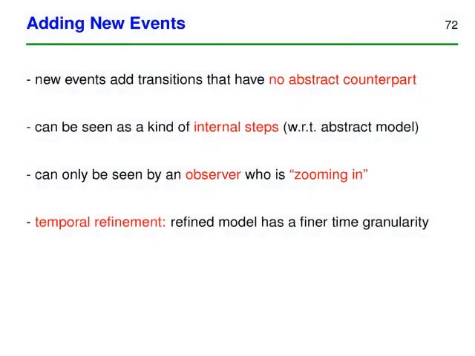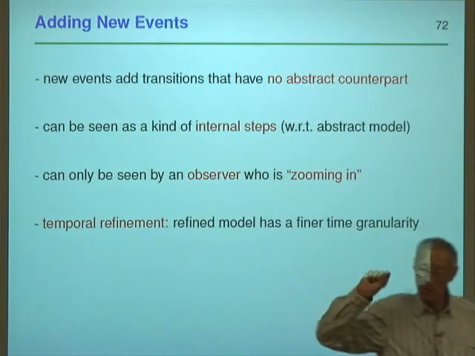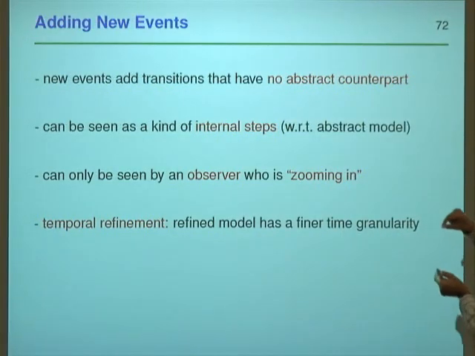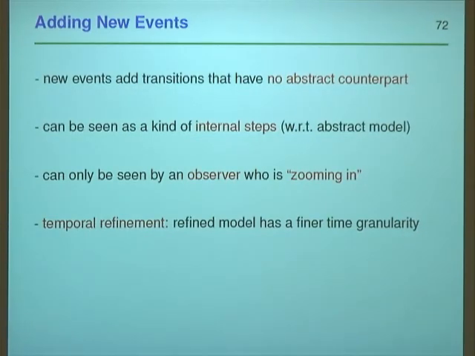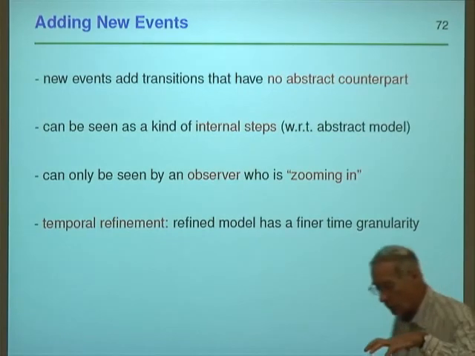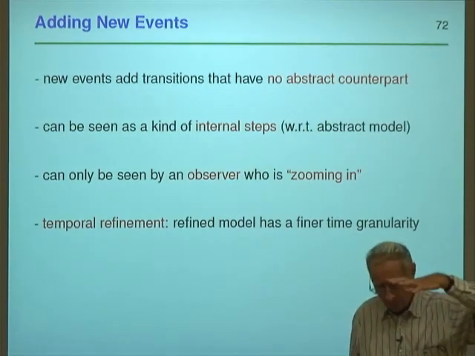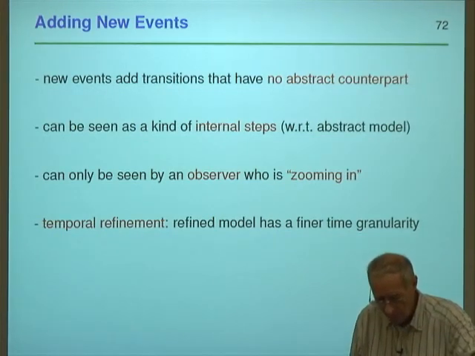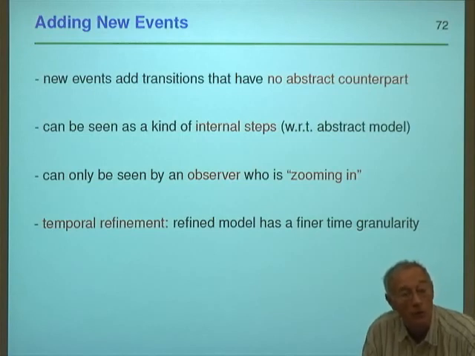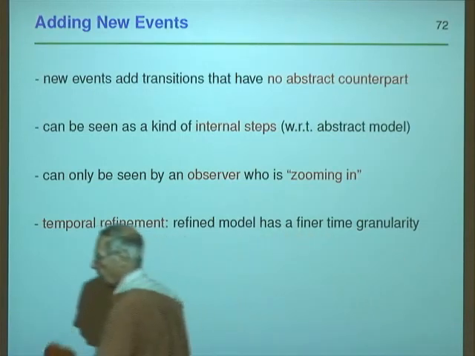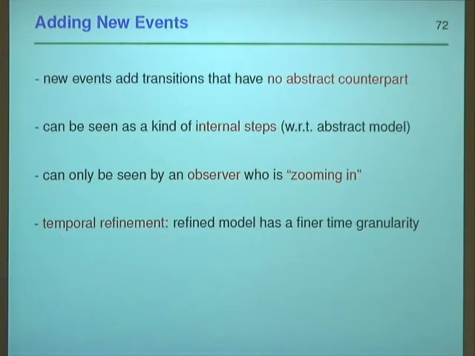And now we're going to add new events. The new events are IL in and IL out. So we were dealing with ML in and ML out, the old events, and now we have these new events here. So what is the status of the new events? What do they represent? They represent the fact that from the abstraction, we see more things. Therefore, there are more things that move. We have more transitions now. So we have to be extremely careful about